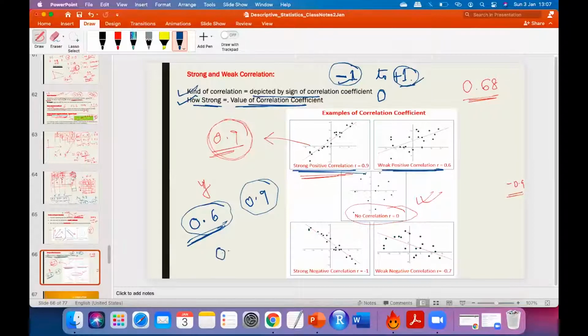Even if you get, let's say, 0.10, and all others are in a higher range, this also you can consider as very weak relation or no relation. So there is no thumb rule that only if you get exactly 0, then you will say no correlation. No, you can still call it no correlation even if you get a very small value. Because this much relationship is of no use to me, I can say that there is no correlation, right?